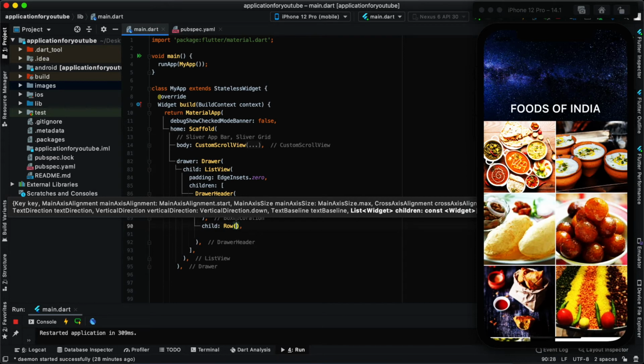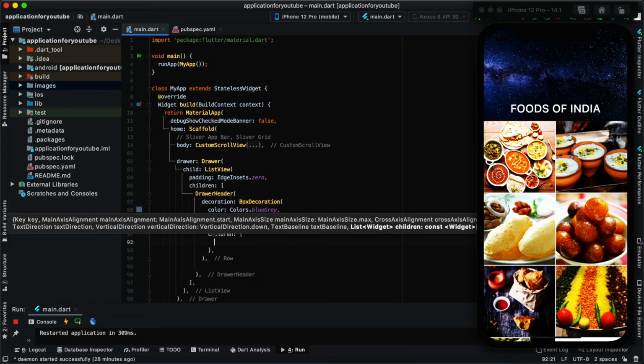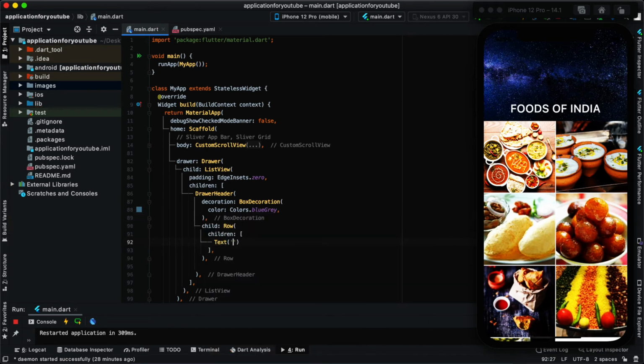Let me start with this first, and inside this we'll be having these children. Let's say I have one Text, welcome. This is basically the text I'll be writing inside the drawer header, which is basically your header, and in that header we'll be providing your text and one icon.